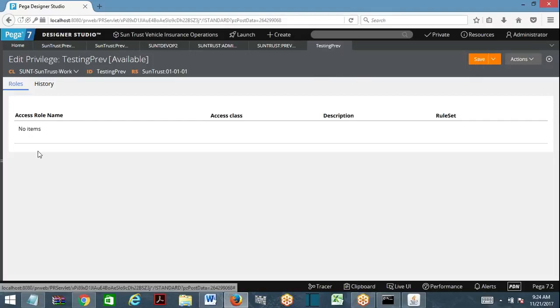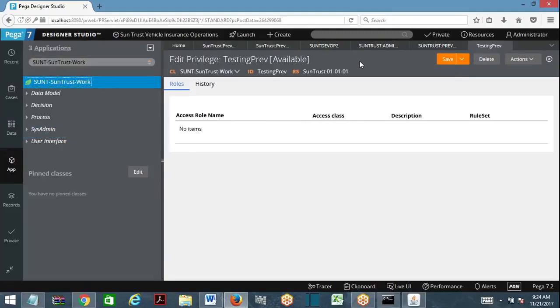Save this privilege rule. Why is it not giving the plus icon? Okay. Save this. Let me open access role.